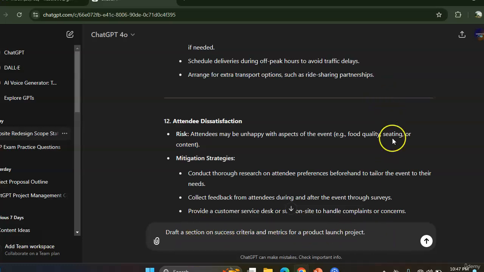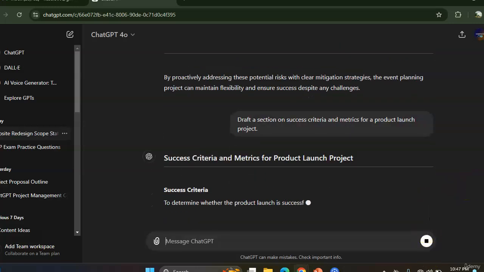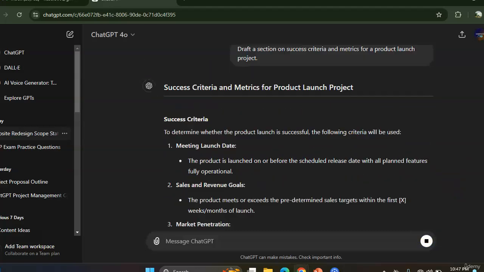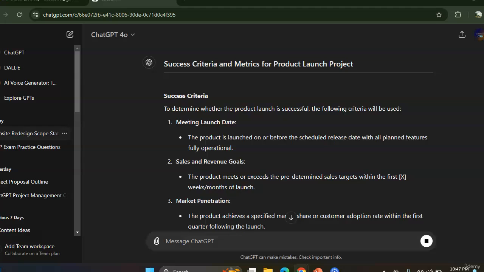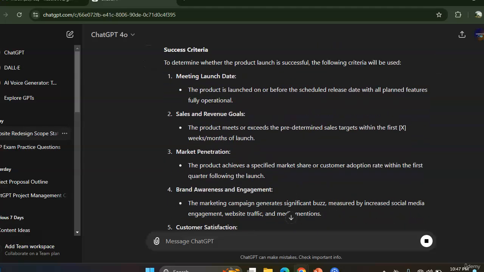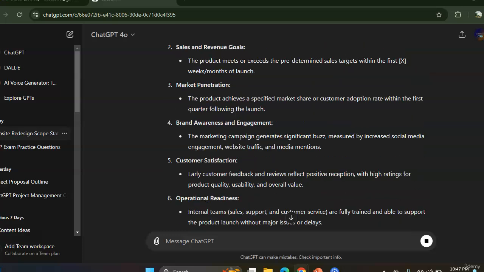Let's see the outcome. Yes, it's generating, very nice. Success criteria like meeting launch date, sales and revenue goals, market penetration, brand awareness and engagement, customer satisfaction,